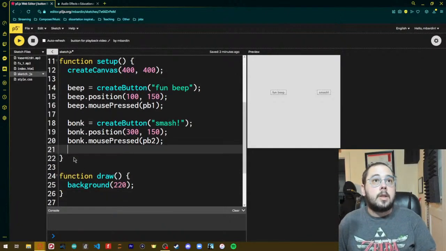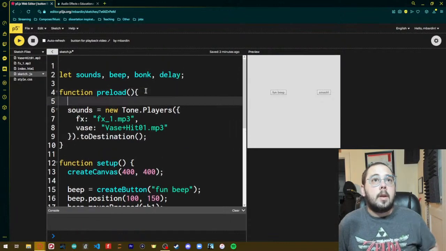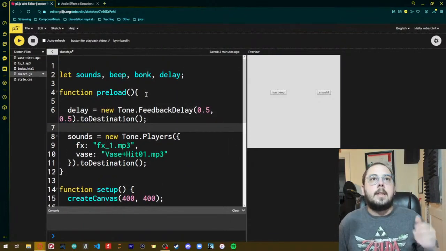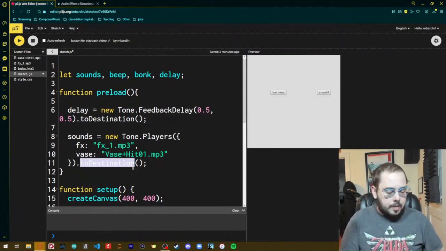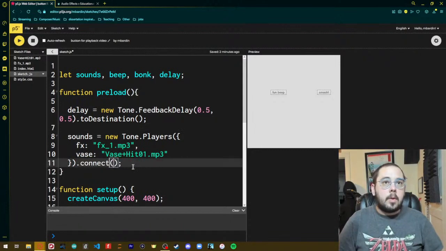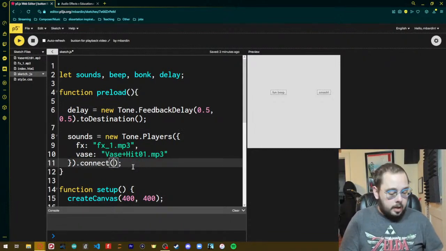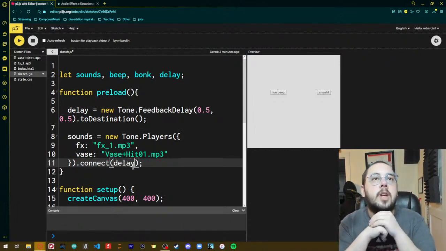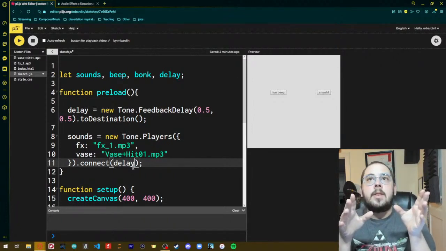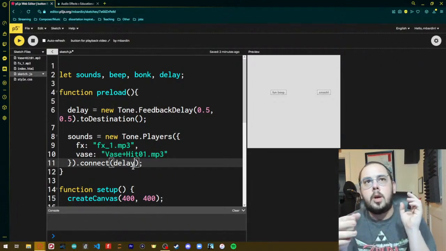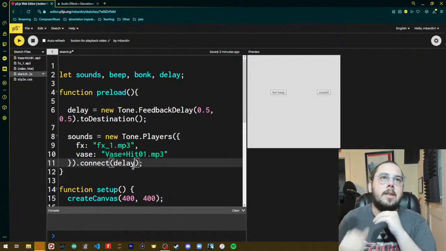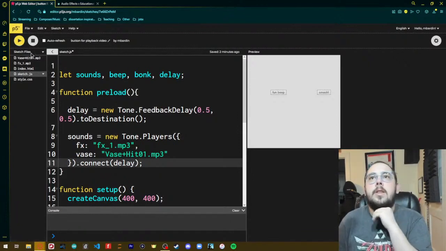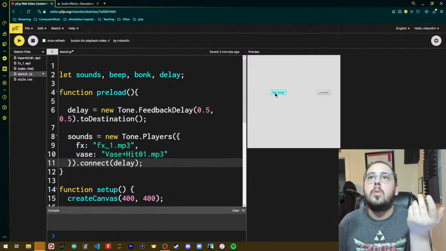move this actually to up here, and basically make the delay before the sound objects. Because instead of sending this to the destination, I'm going to say we're going to connect to the delay object. So now the sound, instead of it just being played, is going to go from the player to the delay, then to the speakers. If I were to refresh this and play it, 3, 2, 1,